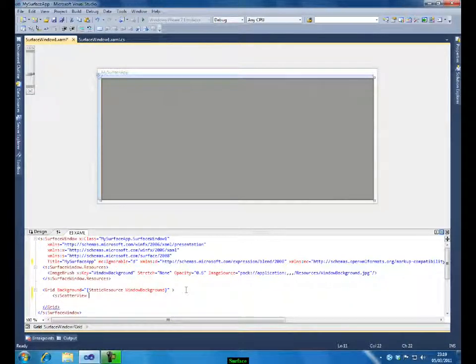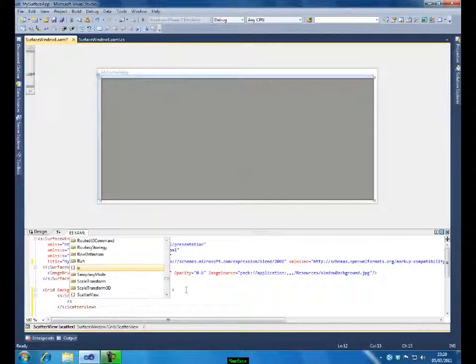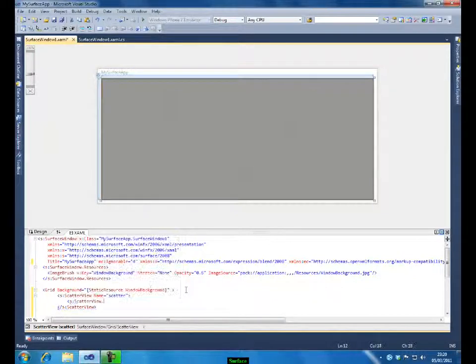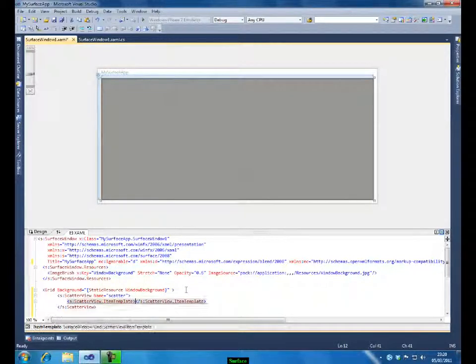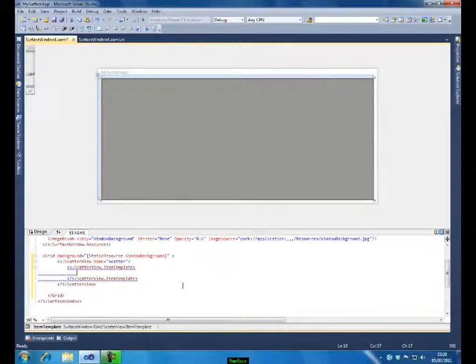Okay. Let me give a name. Let us specify the item template. Let us add a data template within that.